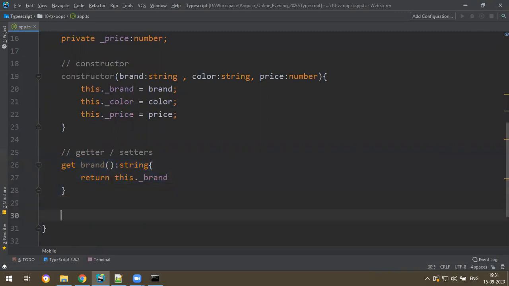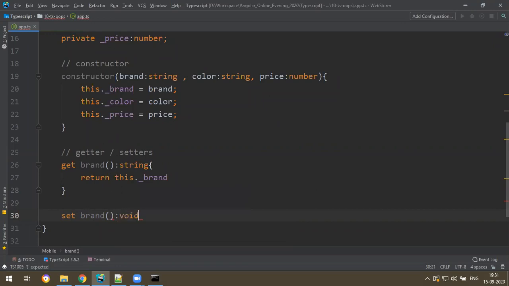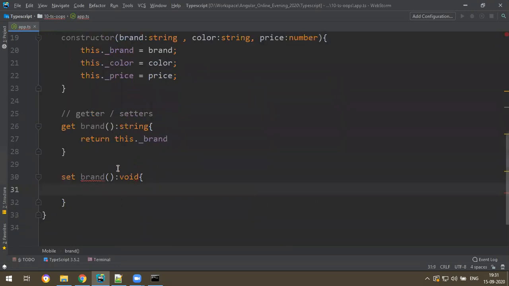Next, you want to change the brand name. You write set brand. It is void, and this will accept the brand of type string.